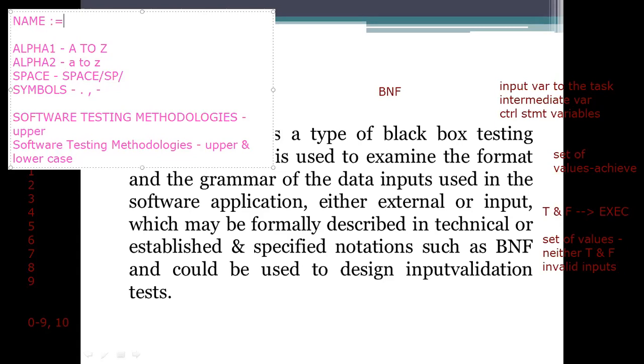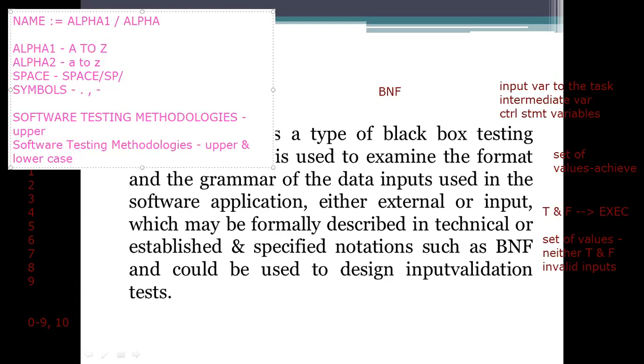The name in Backus-Naur form we are designing. So name consists of alpha. Surely we will start with the capital letters. We can't say alpha 1. Means all capital letters.